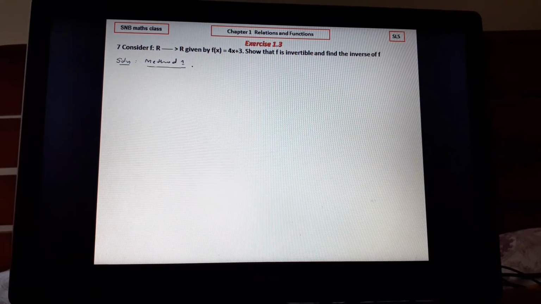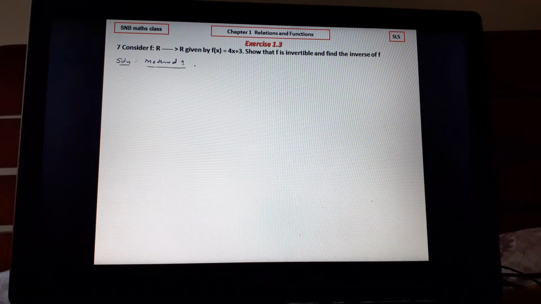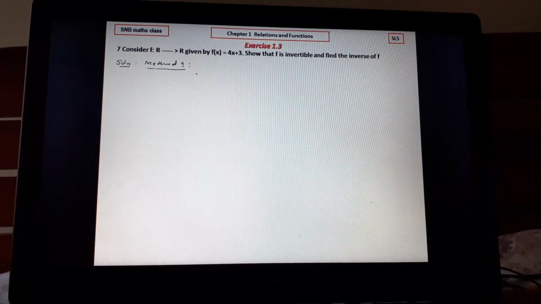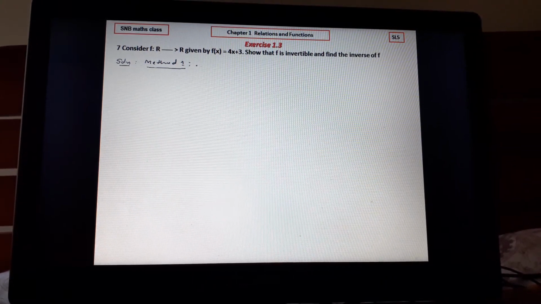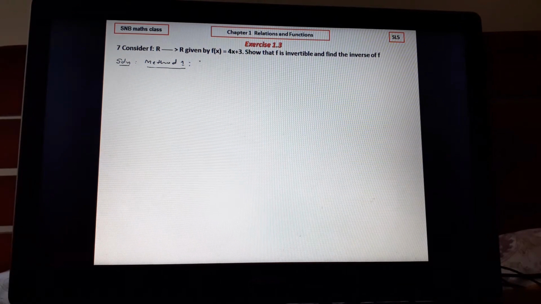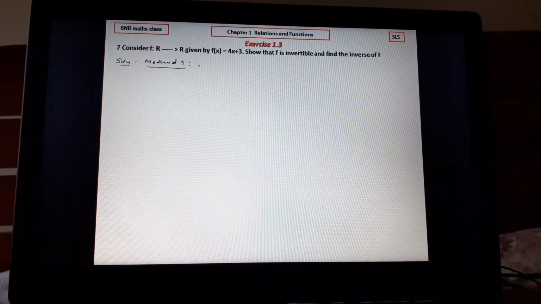This is one method. The second one is using the definition. So I will show you both methods. Whichever is convenient, you can follow. Sometimes students have this doubt: sir, in examination what to do? Don't worry about the examination now. How to answer the question in examination, let us see later. Since this is the beginning, let us learn both methods.